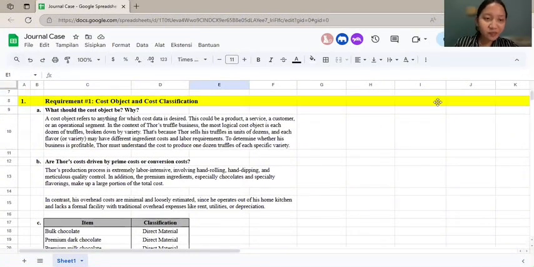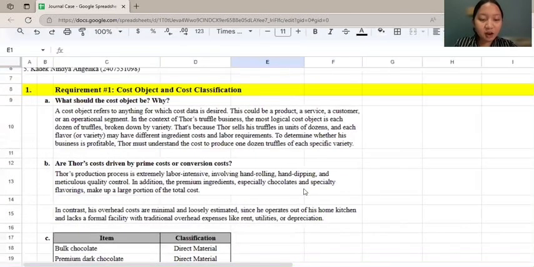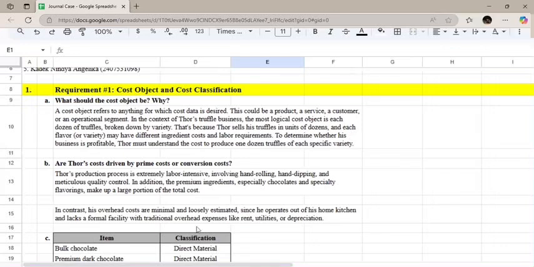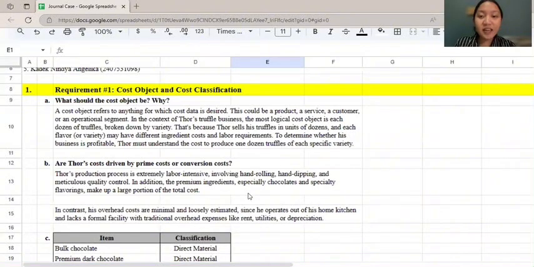For this case, Travel in Paradise, the cost object refers to anything for which cost data is desired. This could be a product, a service, a customer, or an operational segment. In the context of tours travel business, the most logical cost object is each dozen of travels, broken down by